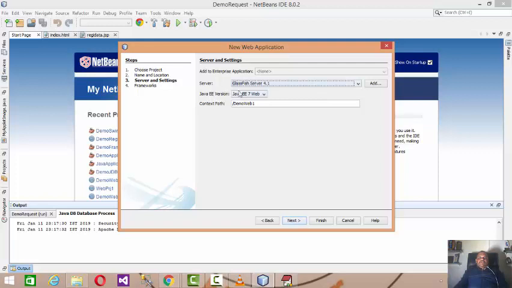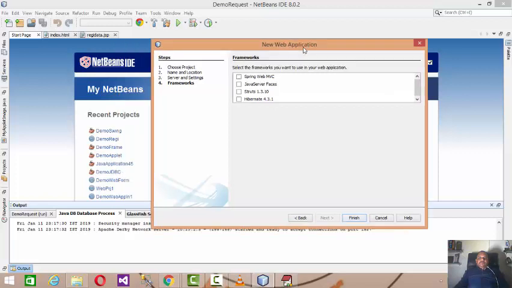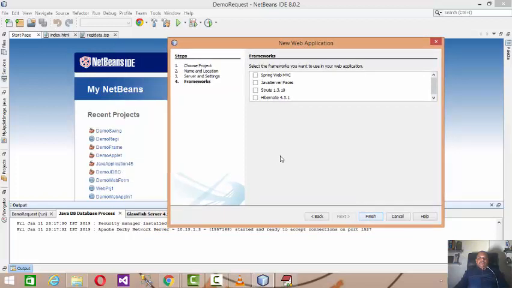And here you have to select the installed server. As I said, GlassFish 4.1 is already installed, right? Then I'll click on next, and we are not using any frameworks right now, so keep them blank and click on finish.